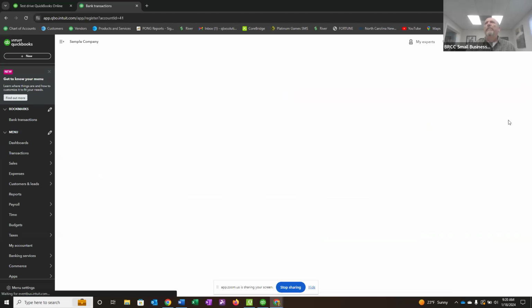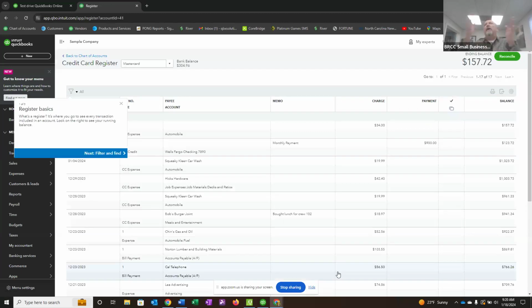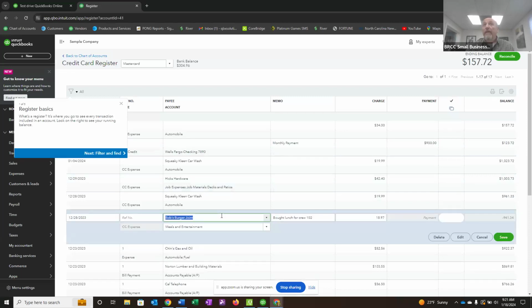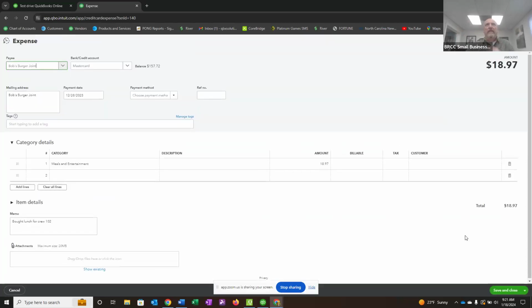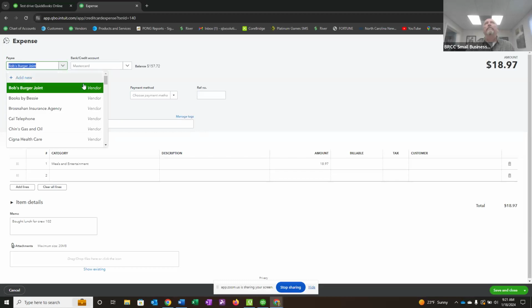So I want to go and look and see if I see it. So I'm going to hit go to bank register. This is like home base. And I'm looking for that $18.97, which is in the charge column. And it says Bob's Burger Joint, and it's classified as meals and entertainment. When I open that up, I can edit it and look at it completely. I can see that the payee name, my vendor name, is Bob's Burger Joint. I'm paying it out of